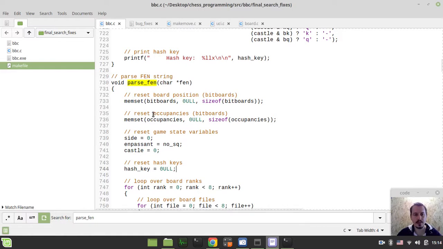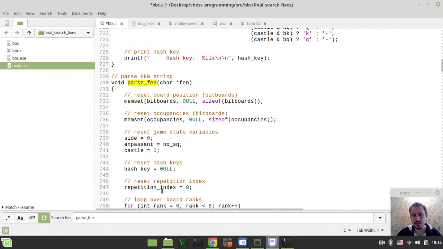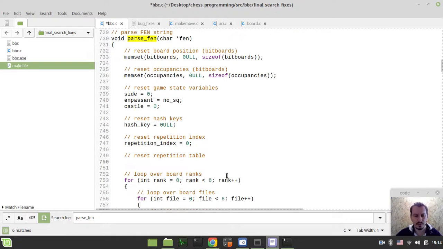Okay, and also we want to reset the repetition index. So repetition index is equal to 0. This means that we'll start writing our repetitions table from scratch. And what I would even do, which is probably not needed, but still it's a good idea, is reset the repetition table. It's not a big deal. It doesn't take long, so we can simply say memset and repetition table,